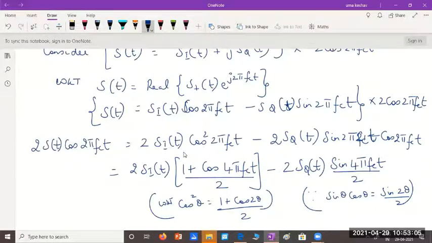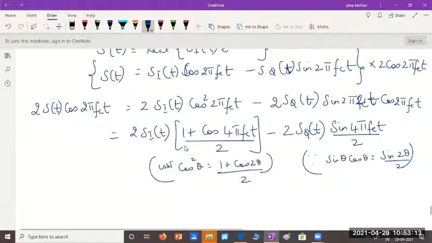All I'm trying to do is isolate this S_I of t to show what type of signal it is. How we can isolate, we'll see. So now you just multiply, and I hope you understood what happens to this 2. This 2 gets cancelled with this. Here also 2 gets cancelled. That's the reason I multiplied with 2 cos 2 pi fct. If you had multiplied with just cos 2 pi fct, you would have retained this by 2. I wanted this 2 to get cancelled.